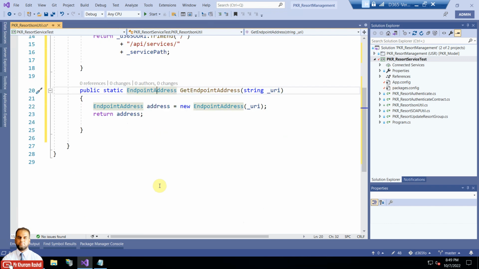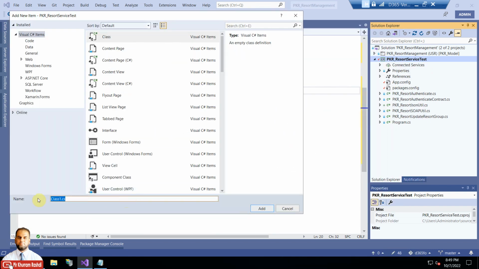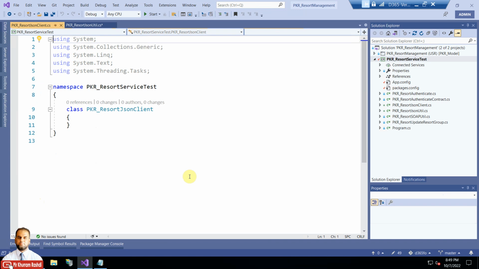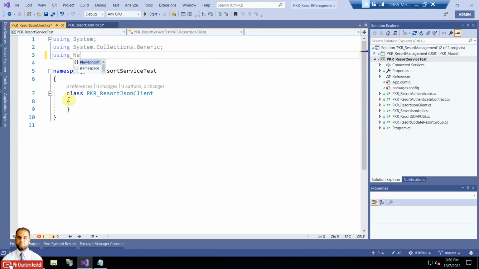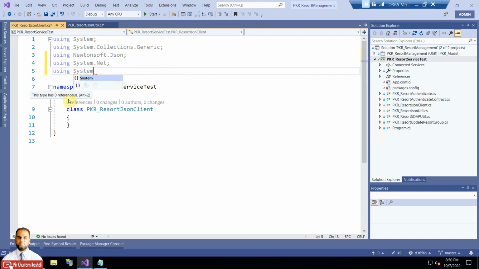And now what we also need to do is write a client class, a JSON client class. So we'll add another class here and give it a name, pkr resort JSON client. Now in the declarations or the statements we need to change a bit here. Remove the last 3 lines, and using Newtonsoft, for which we have downloaded the NuGet package, here we'll use the JSON package, and use the System.Net package, using System.IO package, and